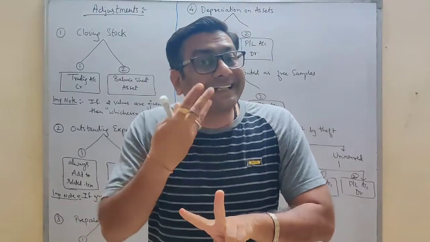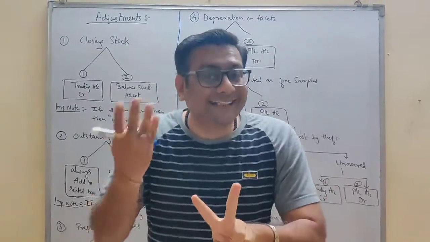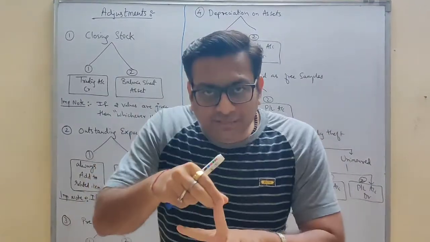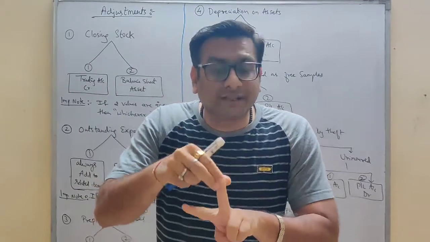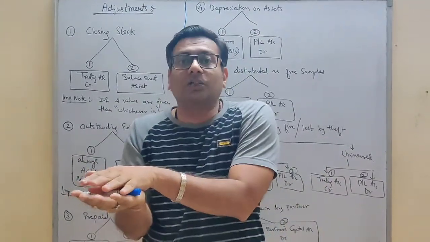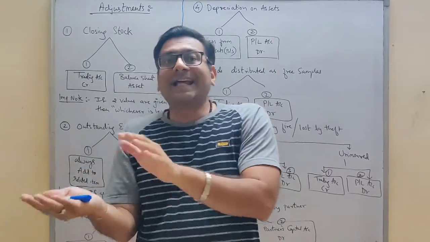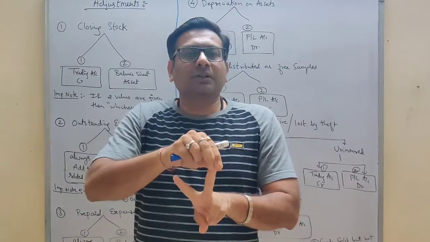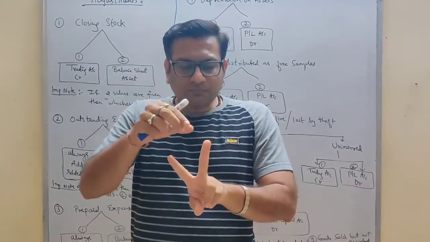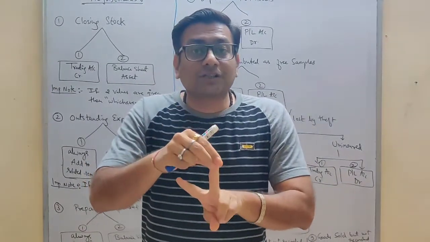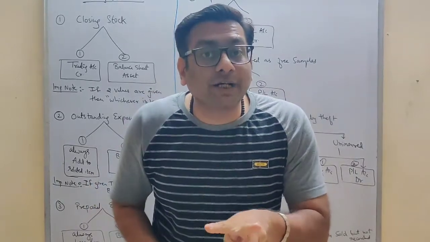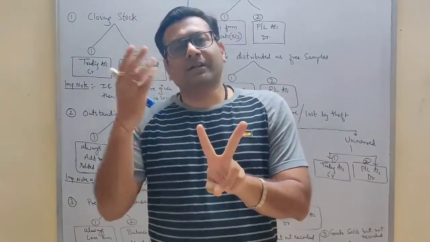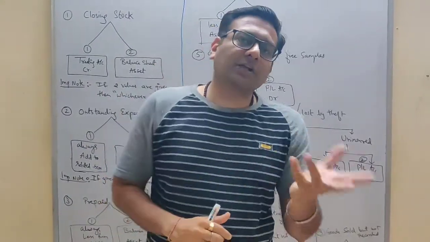This you come to know later after closing the books. So can I say, students, that additional information, which we call adjustments, are unrecorded? They are not there in the books of account. Books of account got closed, and after that we come to know about the additional information. Are you understanding, students? Now additional information, adjustments are unrecorded. This is the conclusion we are making now. So trial balance items are recorded, adjustments are not recorded.